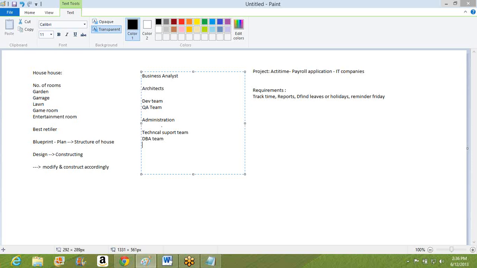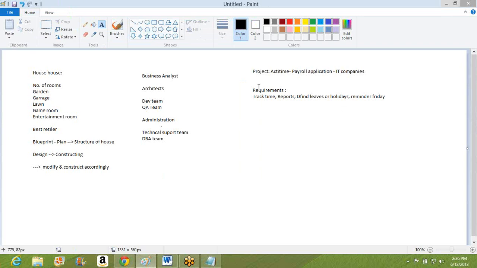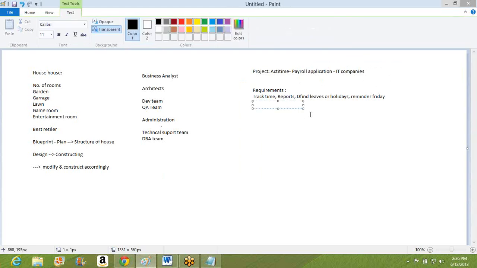Okay, the business analyst team are the people who will be involved in collecting the requirements from the end users. So who will be the end user here? The IT companies will be the end users here. Okay. So the first phase in the software development lifecycle is the requirements phase. They need to collect the requirements before developing an application. They'll follow a step by step process. So the first phase will be requirements, collecting the requirements for developing an application. Then only they'll start the next step,